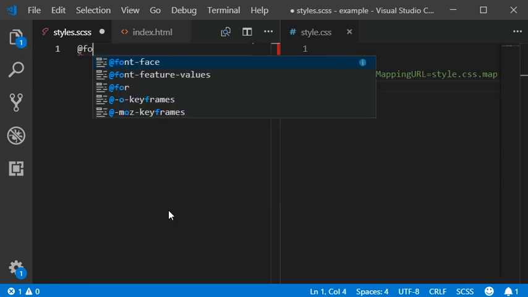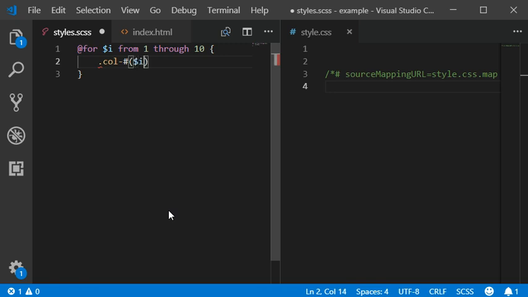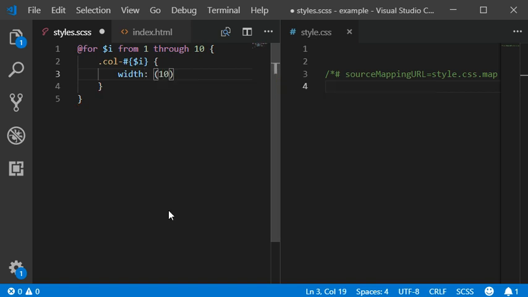For example, @for with the dollar sign i from 1 through 10, and then .col- equal to hash, and then we will call an i variable within it, and then width here should be 10% times $i, then this,